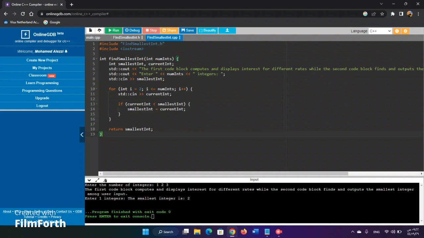std::cout enter this one, numInt will be in the middle and in the integers. Then we'll keep it as smallest integer. We have a for loop and if statement here. For loop, it will start from 2 and go while less than numInt, and it will go up by 1. We will keep it inside, and we will reserve